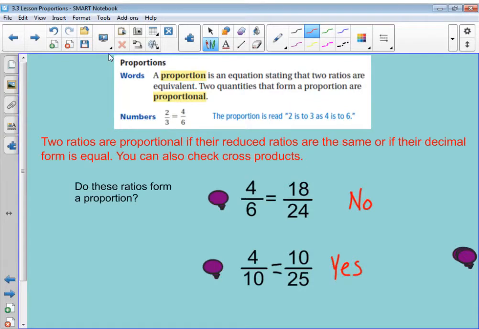You should have ended up with a no and a yes, depending on what you did. But either way, whether it's changing them to reduced fractions, changing them into their decimal form, or checking their cross products, you would note that on the first one, we did not get the same numbers, and on the second one, we did. So that's working with